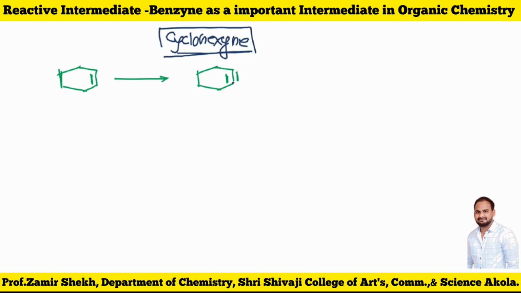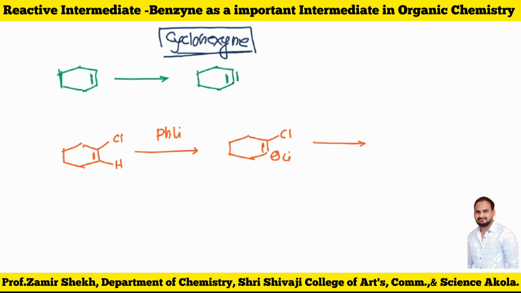Example, suppose I have the chlorine substituted molecule. This is my chlorine and this is that hydrogen. I'm going to use a very strong base, for example phenyllithium. So that phenyllithium is going to abstract the hydrogen, like this one, and here will be the Li. Later on, this negative charge is going to react, and here the double bond will be developed outside the ring, and that double bond is going to react with further PhLi. So it will produce the molecule, that is what is one.